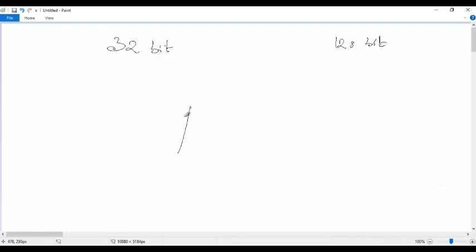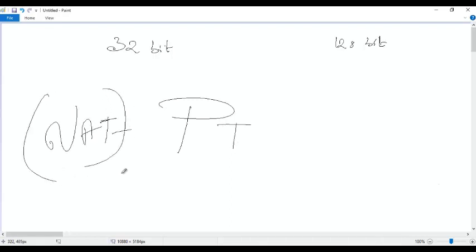NATPT is not NAT. I said no NAT, but this is NAT protocol translation, meaning you translate from IPv4 protocol to IPv6 protocol and vice versa. That is seen in a few places. We call that NATPT. That is a migration strategy which someone uses.